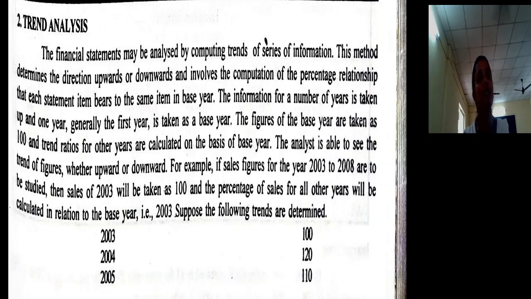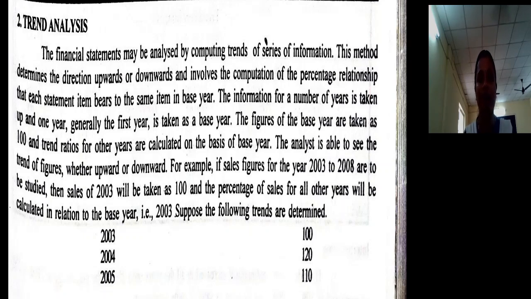For example, sales of 2010 is compared with 2009's sales. So 2009 sales is the base period sales. 2010 is the current year sales. The current year sales will be compared with the same figure, that is sales of 2009, and we will identify whether sales of 2010 got increased or decreased over a period of 2 years in comparison with sales of 2009. So this is what trend percentage is.